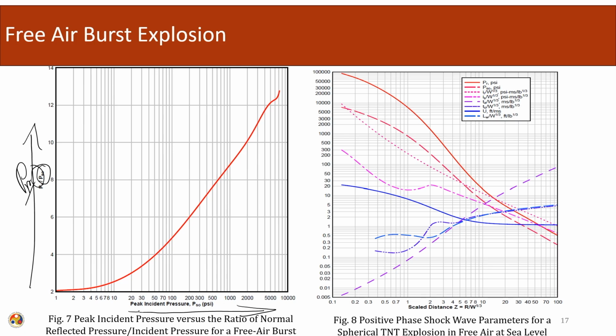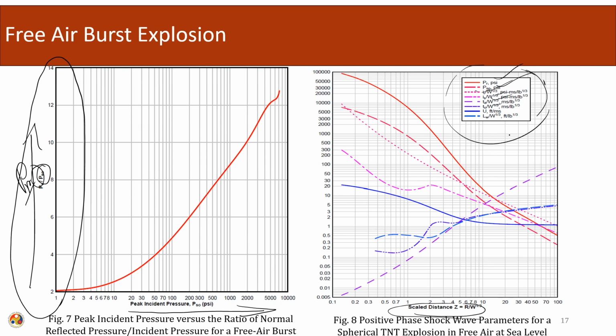Here we can see the relationship between the peak incident pressure and the reflected pressure, and the reflected pressure can be significantly larger than the incident pressure. Depending upon the scale distance, different parameters like reflected pressures, incident pressures, positive impulse, negative impulse, reflected impulse, time positive, time negative, can be